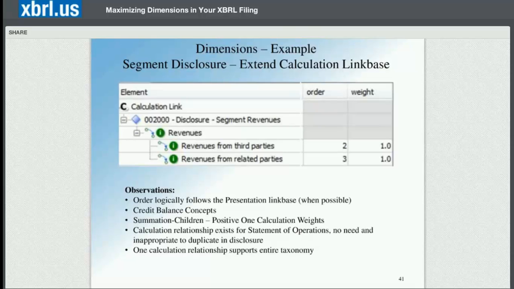Here's the calculation link base. The EDGAR Filing Manual says that anywhere in your financials you have two or more line items that come to a net or a total, you must provide an effective calculation. An effective calculation is a calculation that complies with the requirements of the global specification. It supports the presentation. It doesn't mean that the elements follow the order of the presentation, although in this case